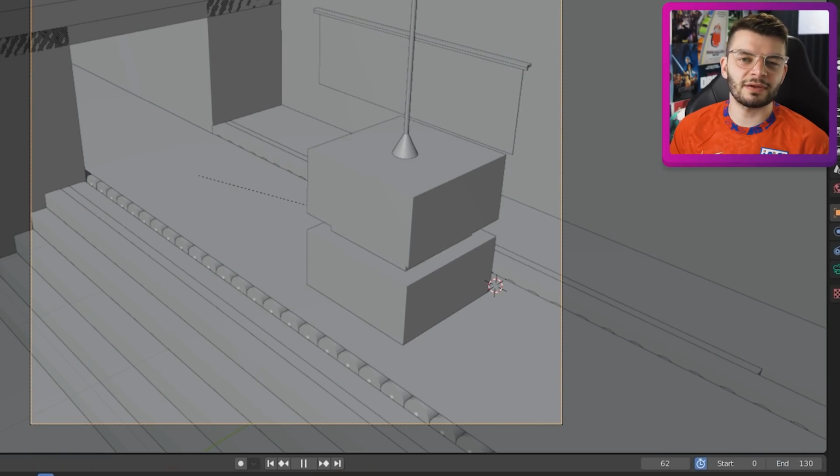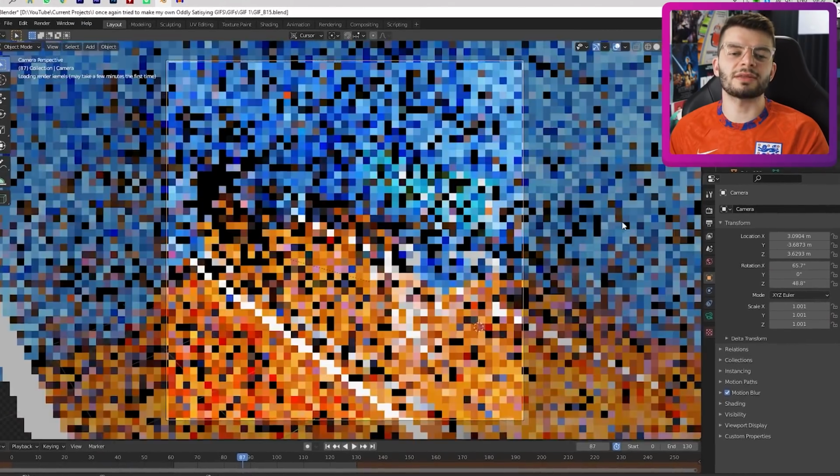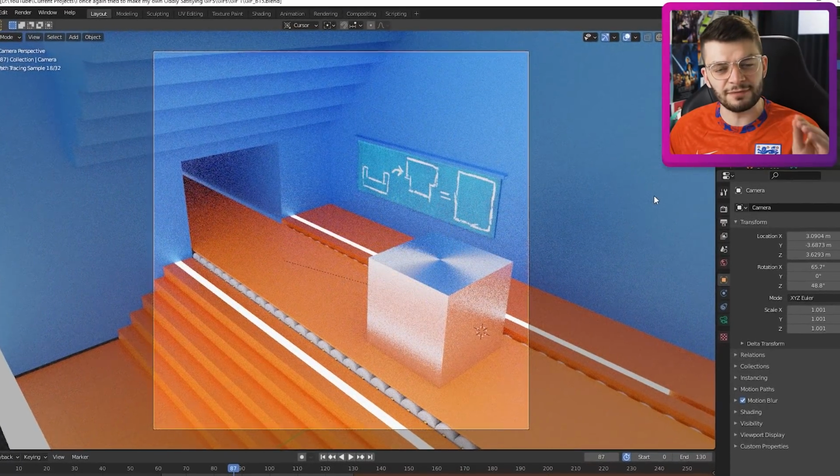My animation isn't anything special, so to differentiate myself from the thousands of other 3D animated GIFs, I've decided to take a different approach. Now, instead of pastel colours, I've picked these 2 colours specifically for a reason. It's because using colour theory...